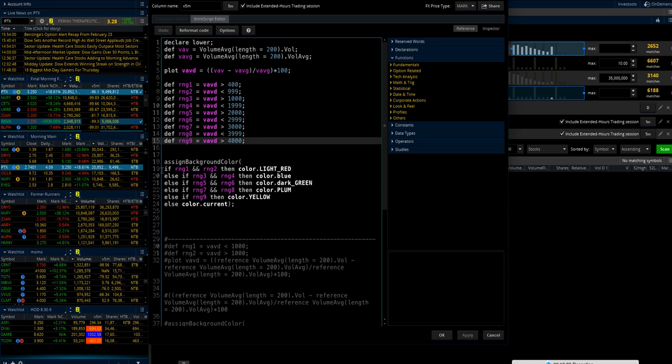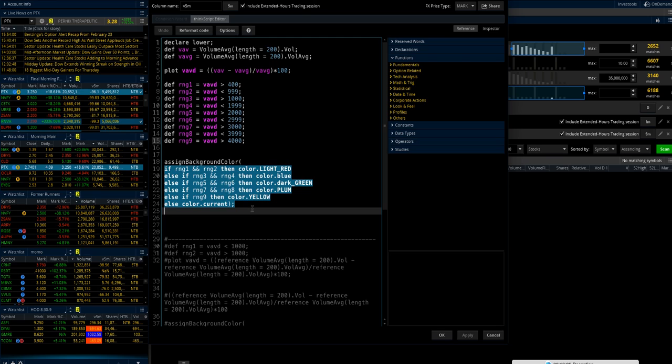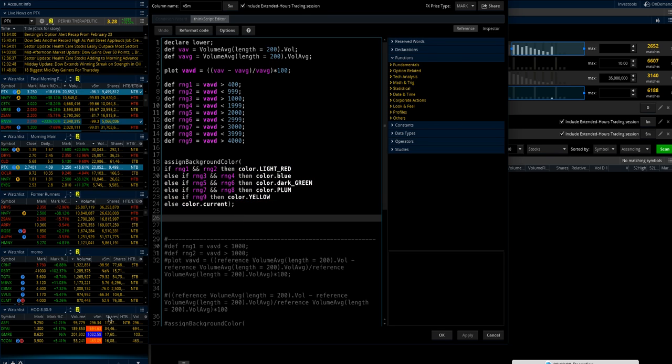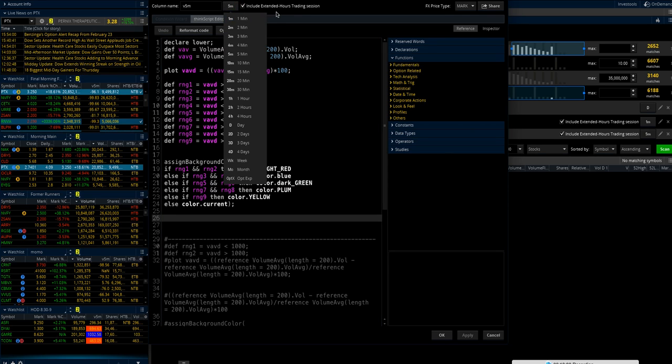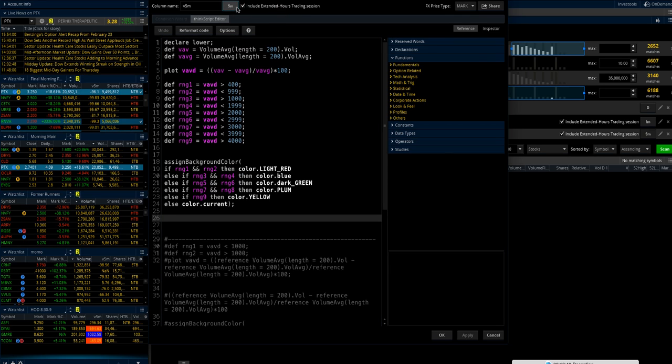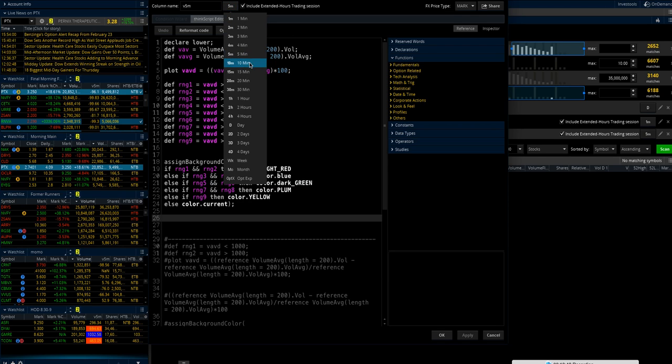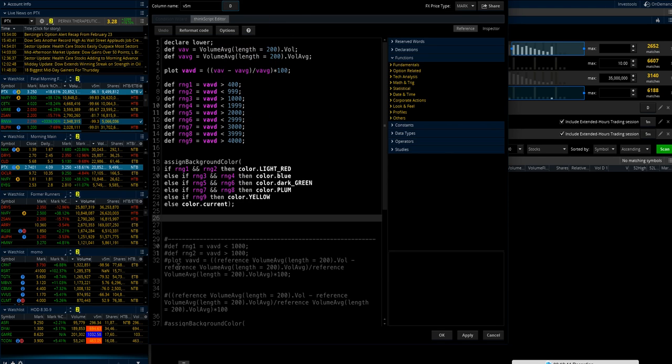Then you assign the background color. You do a bunch of if else statements, and it will ultimately give you this down here. Now, to give you more clarity, if I change, you want this to be on 5 minutes. Well, you want it to be on whatever minutes you want, but I use 5 minutes. So if you go down and put on the day, you click apply, you see how,